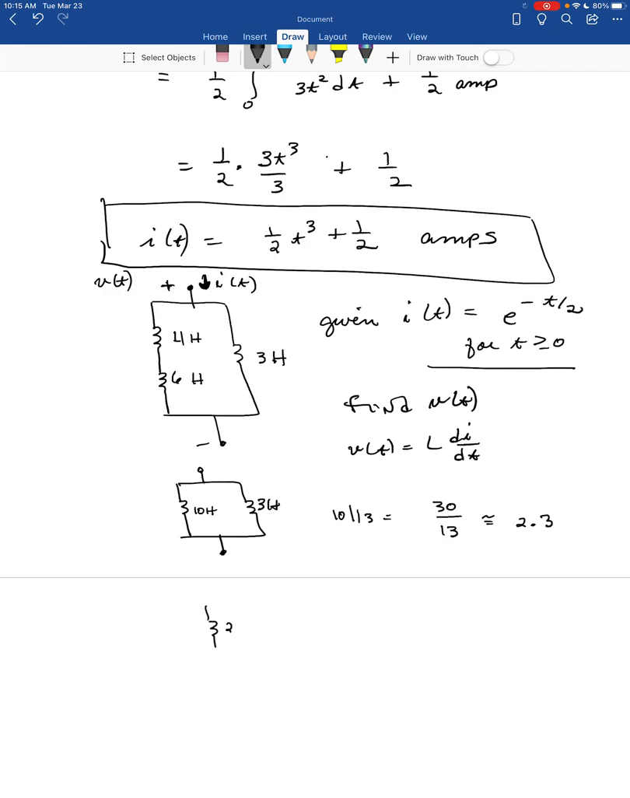Okay, so 2.3 henries. And now I have a single inductor for which I can calculate my inductor current and my inductor voltage. In this case, the current was given, so v is L di/dt. So that would be 2.3 times minus 1/2 e to the